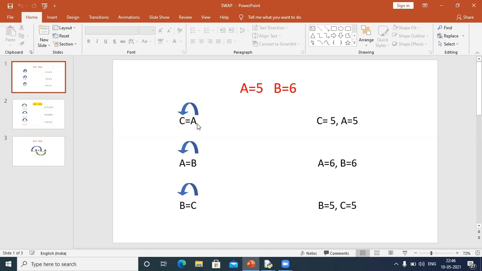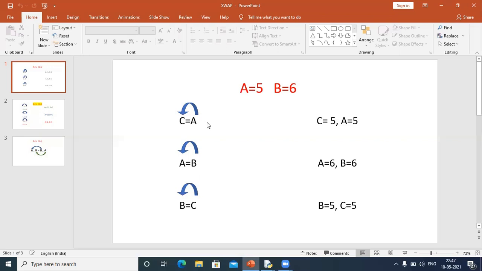First of all, I will copy the value of A into variable C, since value travels from right to left. After passing this value into C, the value of C will become 5 and A will also remain 5, because as I said, you are going to copy, not cut the value.